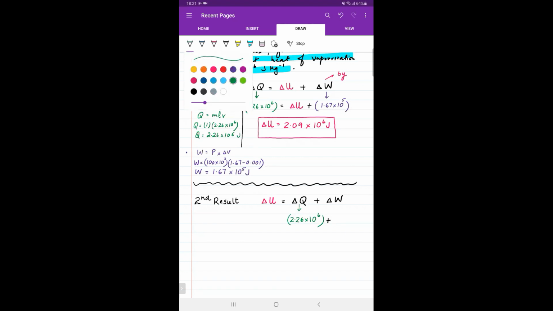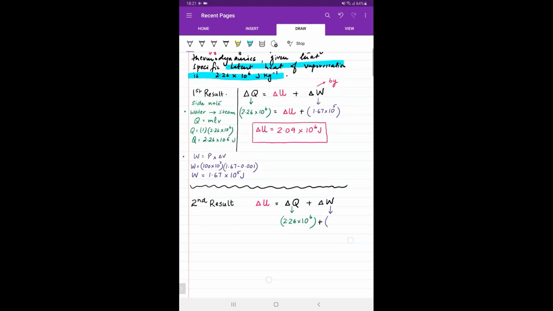The answer for delta W essentially stays the same, with the exception that I'm writing down the same answer, but I should rather write down this answer with a negative